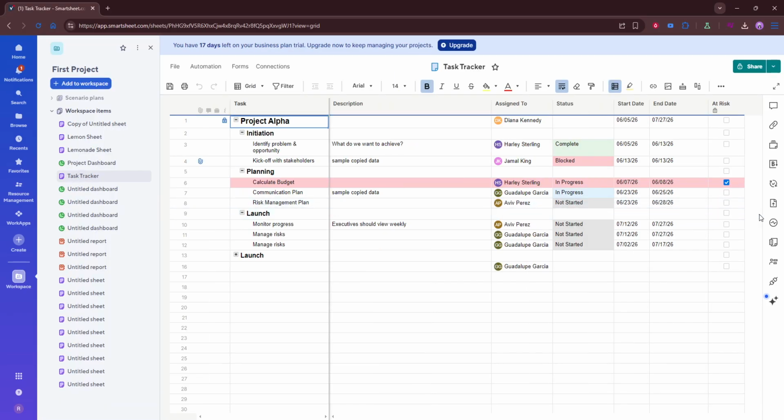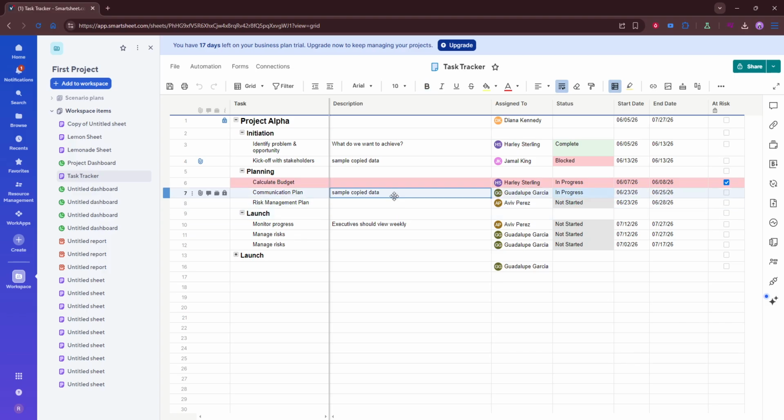Once the sheet is open, find the specific row that needs to be updated. This is important because the update request will be tied directly to that row. In other words, the person receiving the request will be asked to review and update information connected to that exact item, task, or record. Take a moment here to confirm that you've selected the right row so the request goes